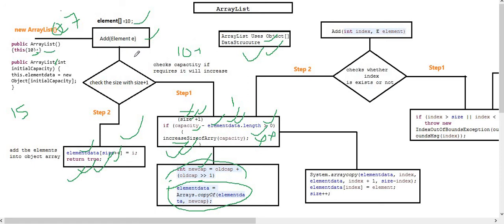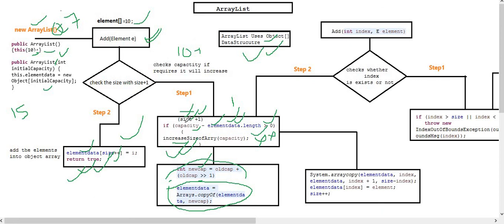If an interviewer asks you how ArrayList works internally, you can explain these steps. I am just consolidating this. ArrayList uses an object array to store the elements. When we are creating a new object, by default a 10 length array will be created. If you are passing parameters, it will create based upon the parameter number. And coming to the next point, when we are calling the add method, the first step is it checks capacity minus length of the array. The length is 10, as we are creating the default constructor here.